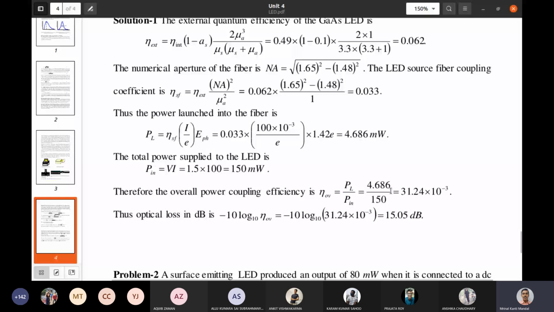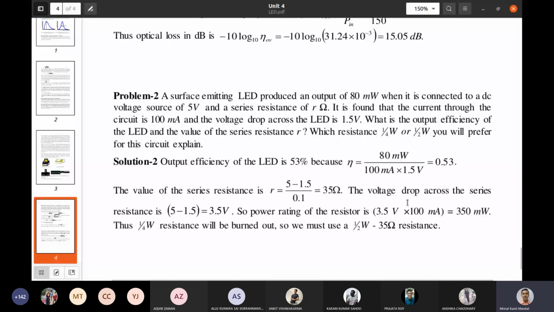Then another problem: a surface emitting LED produces an output of 80 milliwatt when it is connected to a DC voltage source of 5 volt and across a resistance R. It is found that the current through the circuit is 100 milliampere and the voltage drop across the LED is 1.5 volt. What is the output efficiency of the LED and the value of the series resistance R? Which resistance, 1/4 watt or half watt, will be preferred